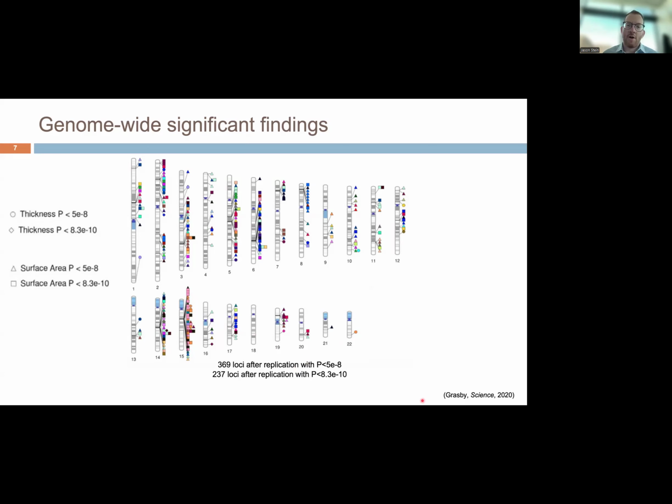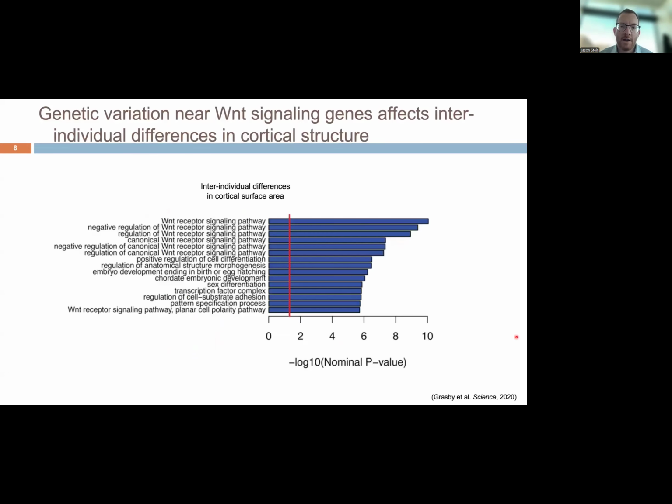Okay, so these are kind of guideposts that tell us something about what the genetics are that cause differences in the size of the brain. So what biology can we actually learn from understanding these individual genetic markers? So first, in our GWAS of cortical surface area, we found that common genetic variation associated with differences in cortical surface area was clustered near genes in the canonical Wnt pathway. We were excited about this because Wnt stimulation is known to increase neural progenitor proliferation and pattern the cortex. And this data kind of